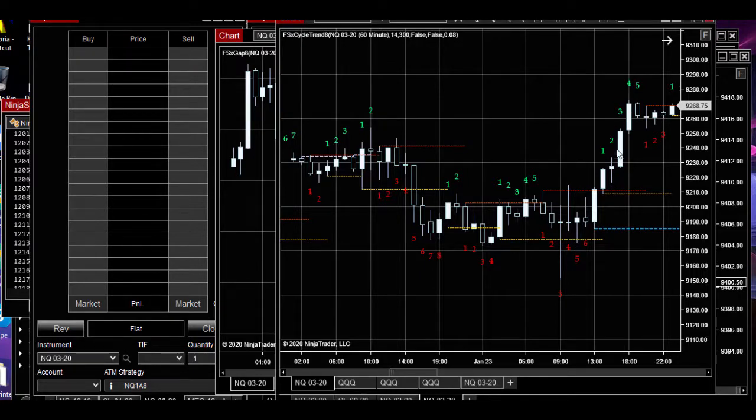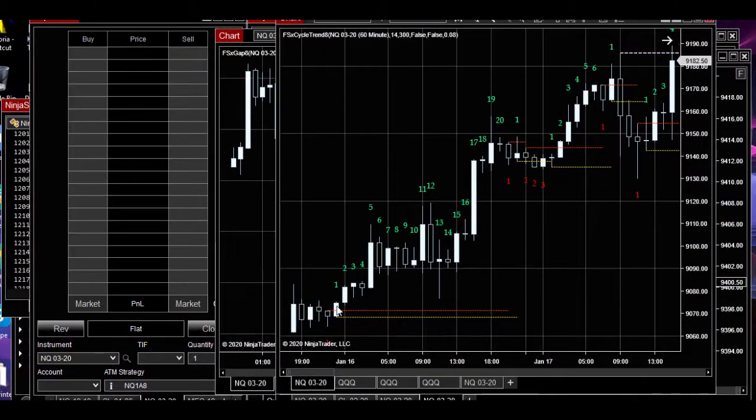A green number 1 is a buying bar. A red number 1 is a selling bar, so you don't need the markings there. You can get used to how this functions. This is a pretty good example here. We start with a buy bar, and we just continue. We just count 1, 2, 3, 4, 5, 6, 7, 8, so on and so forth, all the way up